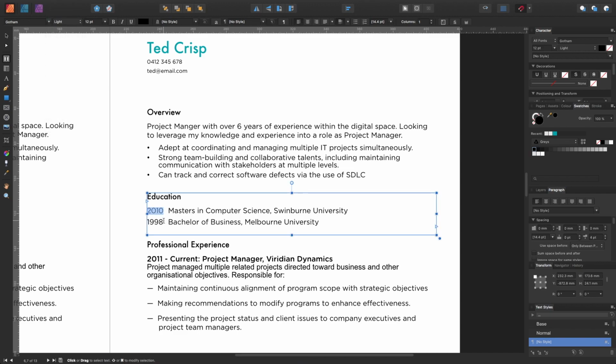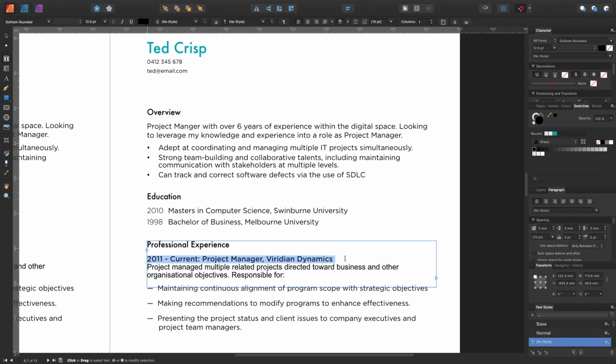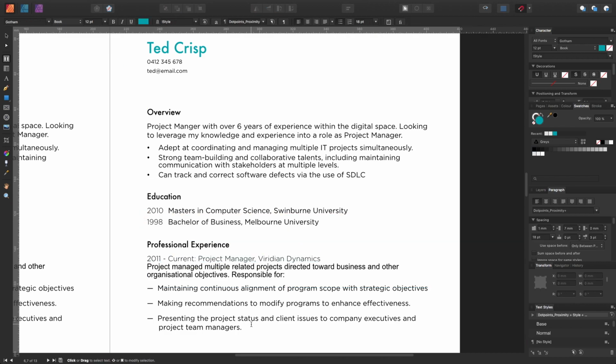So all I'm going to do is change this to the light version of this type. I mentioned at the start that this really stands out. I still want this to stand out in comparison to the text below, but I'm going to just make it a bit more subtle. So I'm going to do the same thing and make it light. And I'm also going to reduce the point size down to make it the same as the body text. So now if I zoom out,